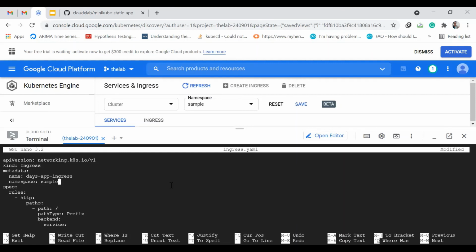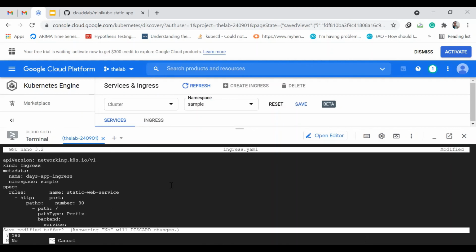So we are just removing it to keep it more clean. Okay, so you can try it even in the minikube app by removing this, so that you can have a more clear picture how things are working. So yeah, and then Control X, Y, hit enter.